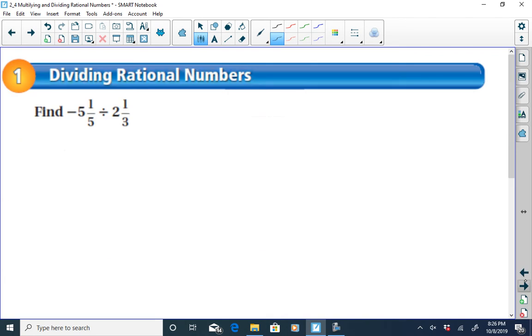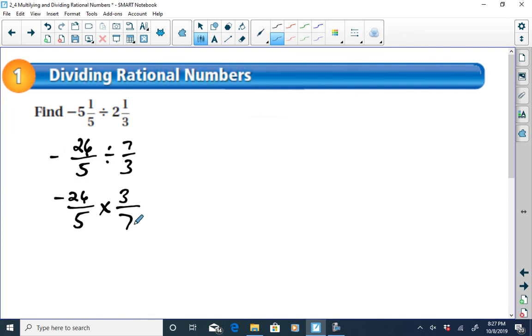All right, let's take a look at our first example. Our first step is to write everything as a fraction. So we have 5 times 5 is 25 plus 1 is 26. So we have 26 over 5, but that's negative, all right? And then I'm dividing by 3 times 2 is 6, plus 1 is 7, so 7 over 3. So first step, write everything as a fraction. Next, because it's division, you're going to multiply by the reciprocal. So the negative 26 over 5 doesn't change, but now we're multiplying by the reciprocal of 7/3, which is going